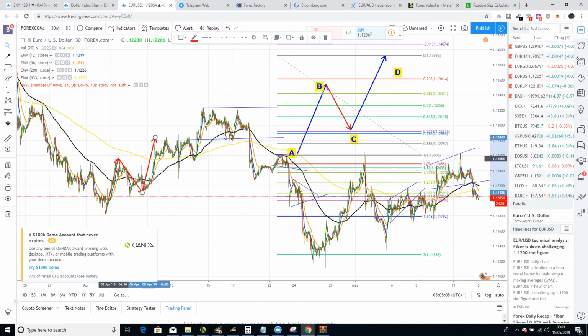So now, compared to all this pattern that I've shown you earlier, this is another pattern that's the basis of